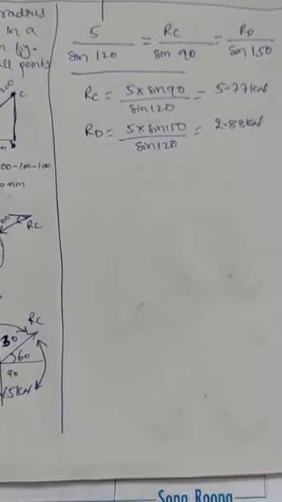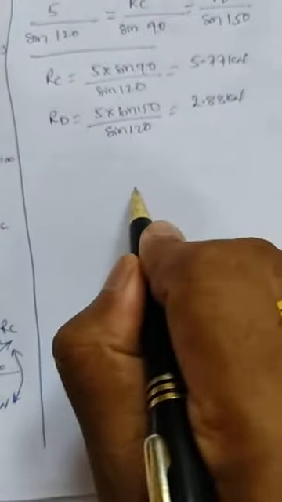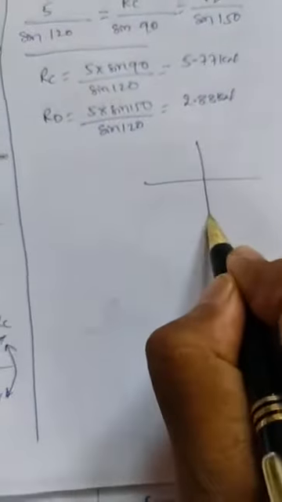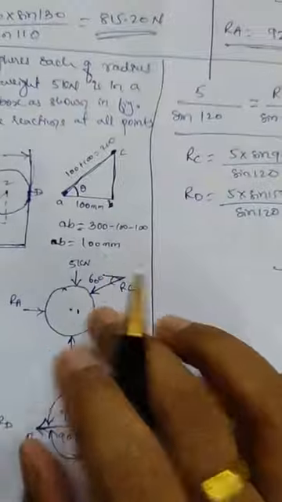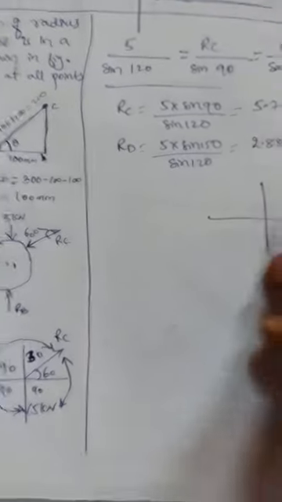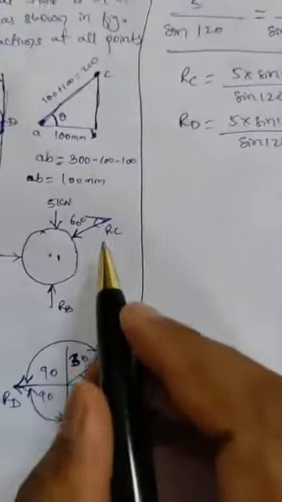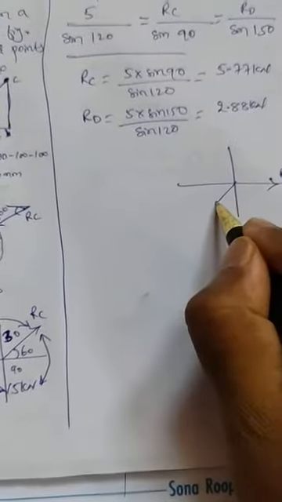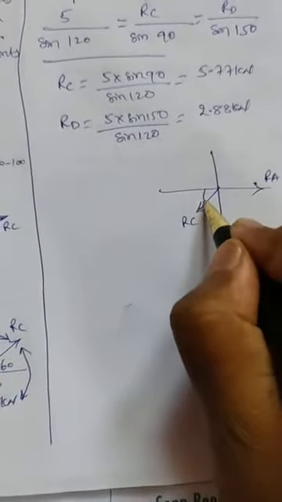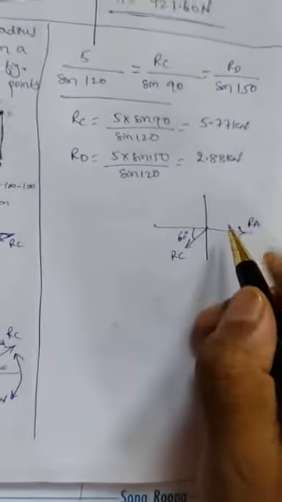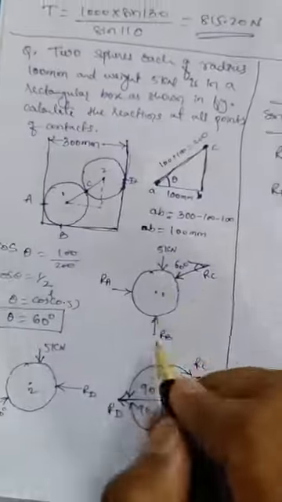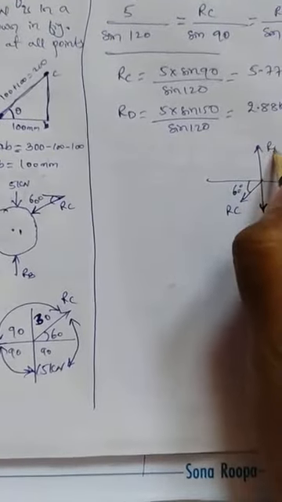Now let us calculate the other two reactions, RA and RB. To do that, again we need to resolve the forces. So I will draw one more plus mark here and make use of this figure. When RA passes through CG, it has to be shown towards the right. Then RC passes through CG and has to be shown in the third quadrant, making an angle of 60 degrees with respect to X. Then the 5 kilonewton acts vertically down, and RB is acting upward. So totally we have 4 forces.